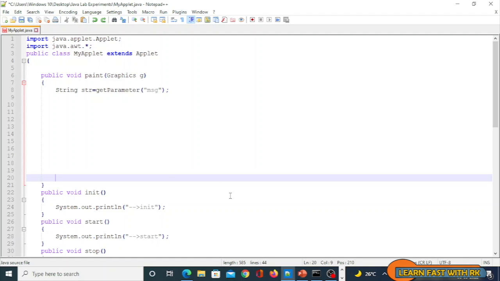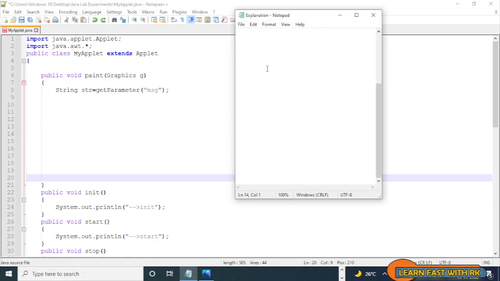We can pass the color in two ways, either by using the Color class, that is by using Color.requiredcolor, I say green, or we can also use the Color class constructor,